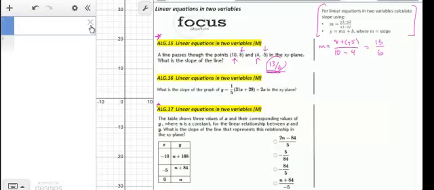Anytime you have problems with these other unknowns, so these other variables that represent constants, a lot of times that just indicates that it's a slightly more challenging type of question. But a lot of them, if you take your time, see the approach, you can always just assign a value to your variable. So we could let n be any number, and then plug that in and see which of the answer choices works if we plug that same number in for the n on the answer choices, as well as the table of values. But really what we're looking at in this problem, if you're doing this by hand,